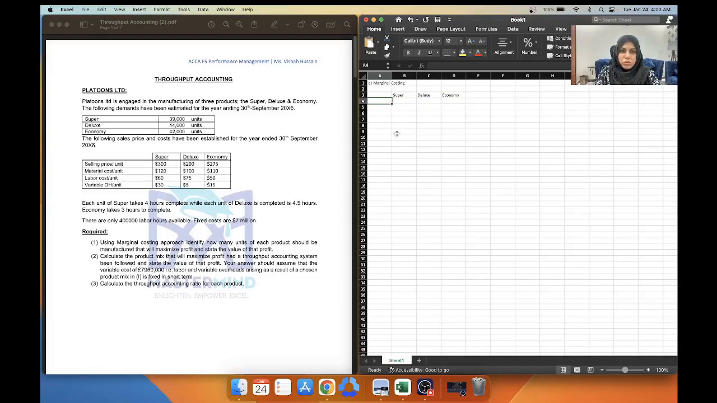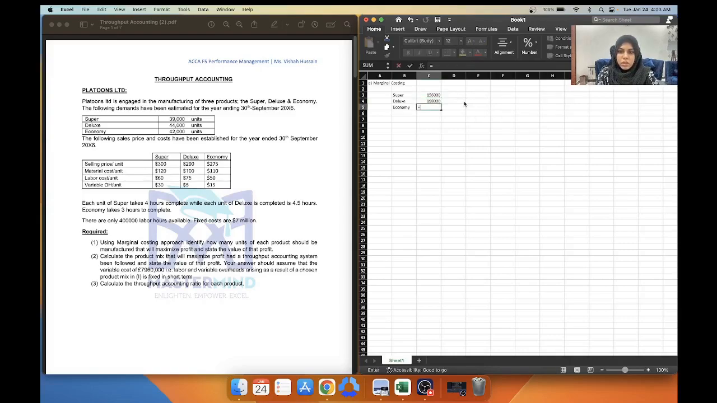We have to do all of our workings based on the 5-step approach that we discussed in the concept lecture. So first of all, we need to identify the limiting factor. How do we identify the limiting factor? They mentioned that Super takes 4 hours, and how many units are we producing? 39,000. Deluxe takes 4.5 hours for 44,000 in total,